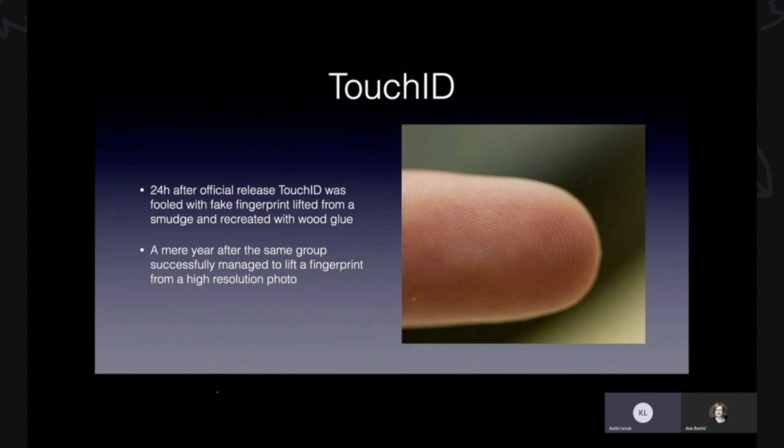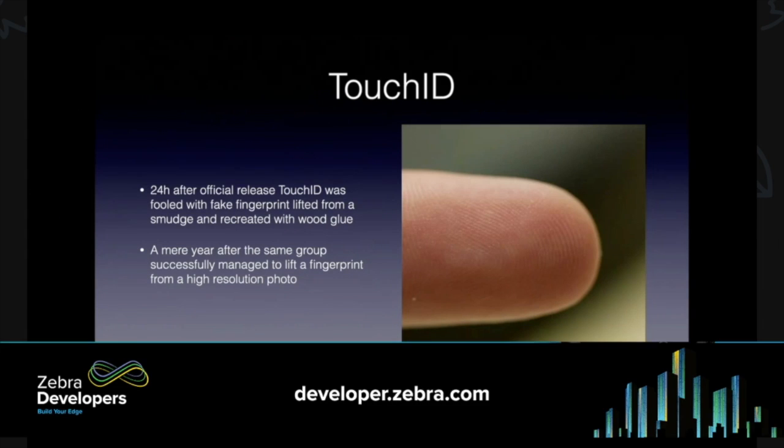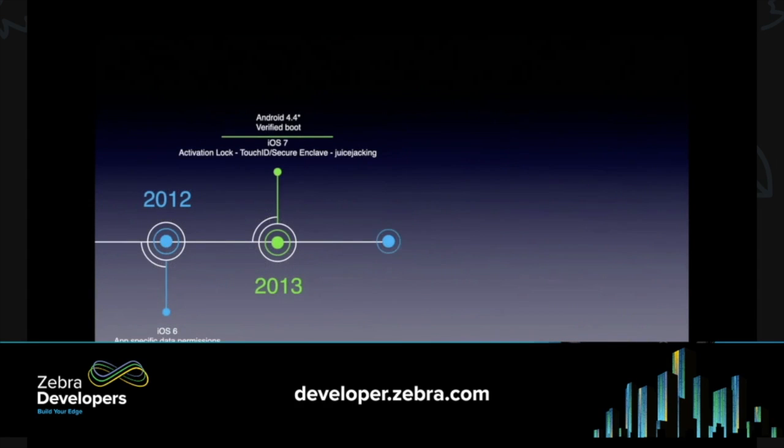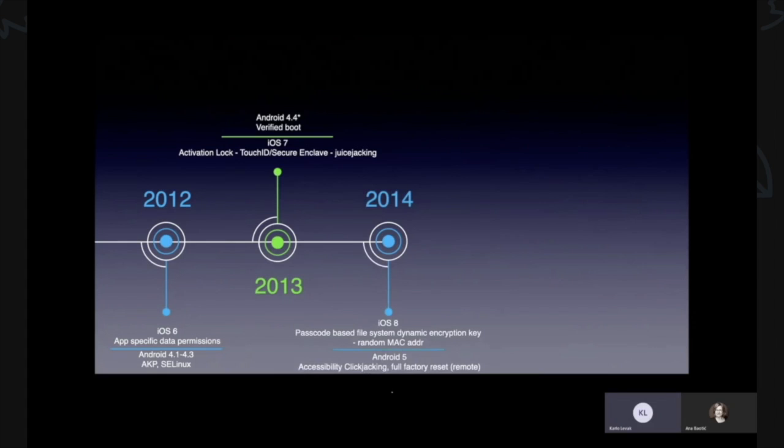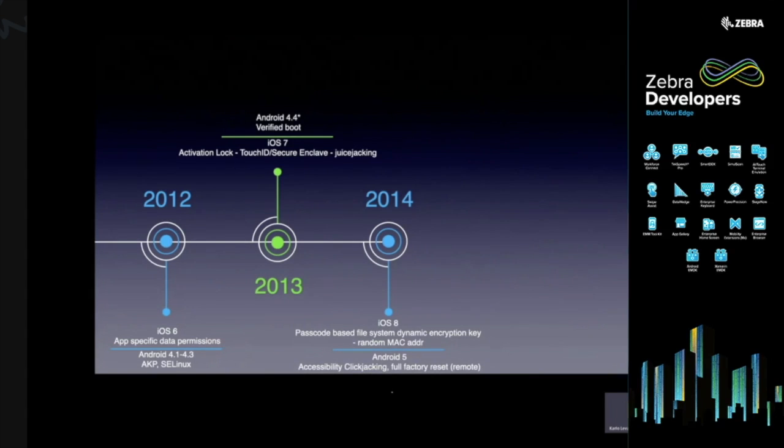It basically showed that the sensor is okay for the user operation, but its DPI, its resolution, is a little bit too low at that point for some serious security. The same hacker group managed a year later to recreate a fingerprint from high-resolution photos of a German defense minister, and they managed to unlock her phone with the phony fingerprint lifted from those high-resolution photos. This basically gave Android and iOS awareness of the importance of hardware that is used with the software for security that they are developing. And that brings us to